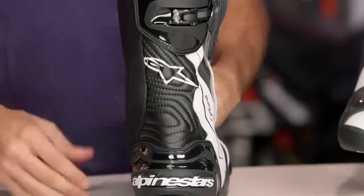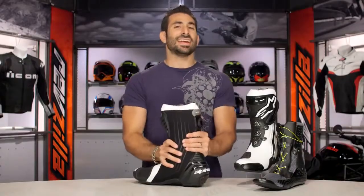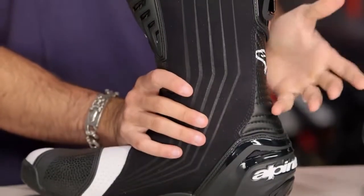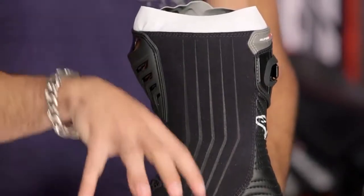But again, thinking about iteration on a boot that already worked really well. Now, I will say this, it's not the most low profile or lightweight boot at this level. If you're gonna spend $400 to $500 and you want something a little more streamlined,